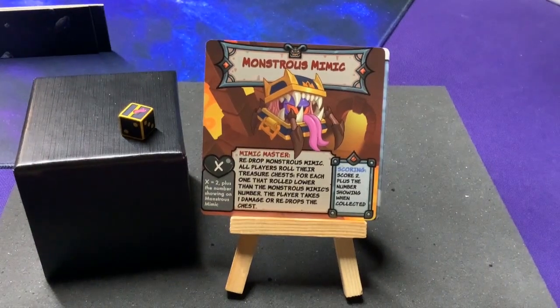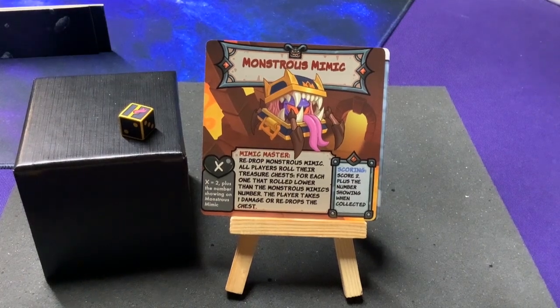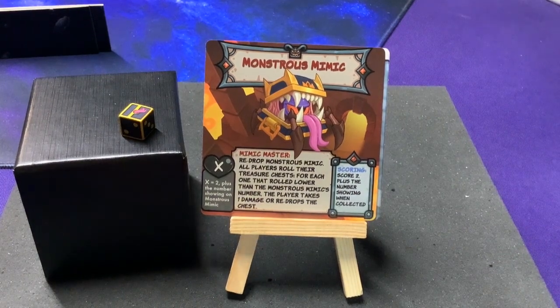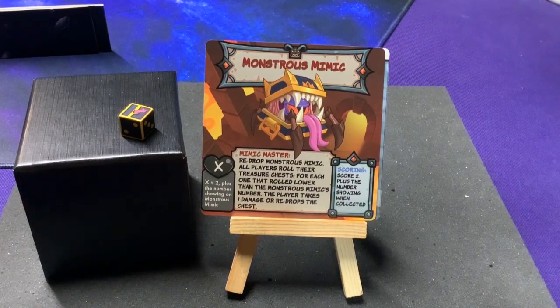It says redrop monstrous mimic. All players roll their treasure chest. For each one that rolled lower than the monstrous mimic number, the player takes 1 damage or redrops the chest. Ooh, that's pretty cool. Scoring: score 2 plus the number showing when collected. Interesting. So you get to redrop him, and then he might do more damage to you. That's pretty fun. I think those are bigger than the